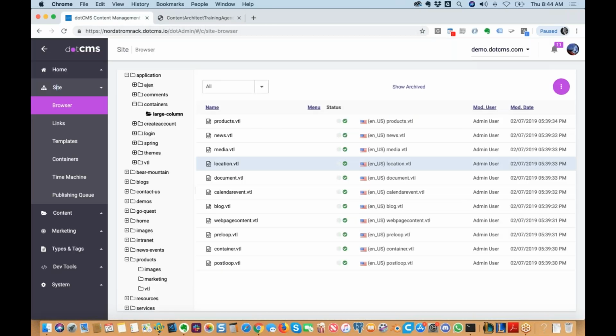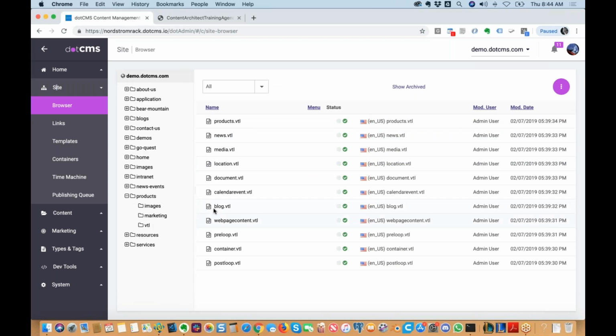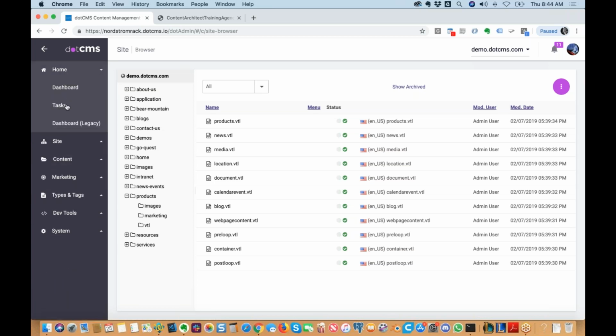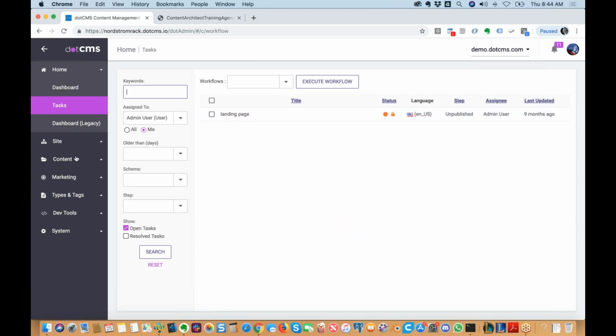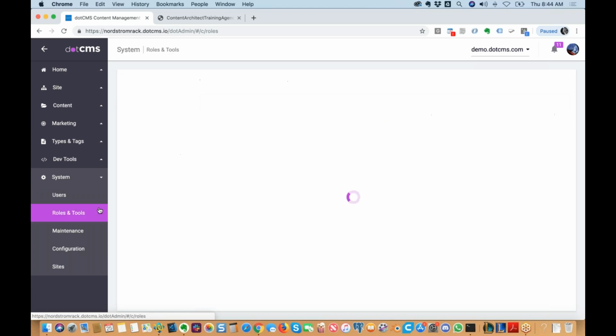Almost. Okay. So now I've got the templates, I've got the containers, I've got everything, but what about these side navigation items over here? Well, what I suggest is all content publishers need the content tab. They probably need the site browser in some sort of limited form to upload files if it's a presentation layer type of implementation. And then they need the home tab to see their workflow tasks and what things have been assigned to them. So let's just set up one generic role that gives those three tabs on the left-hand side, and then never do it again for any content publisher, no matter what their role is. We just create a new role